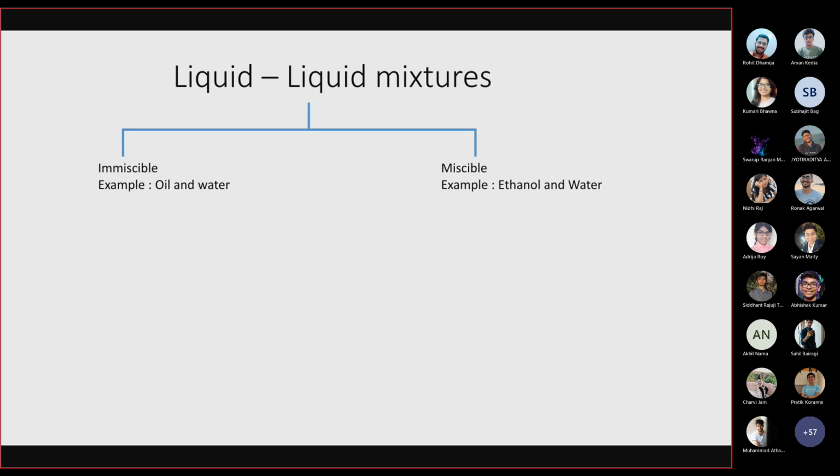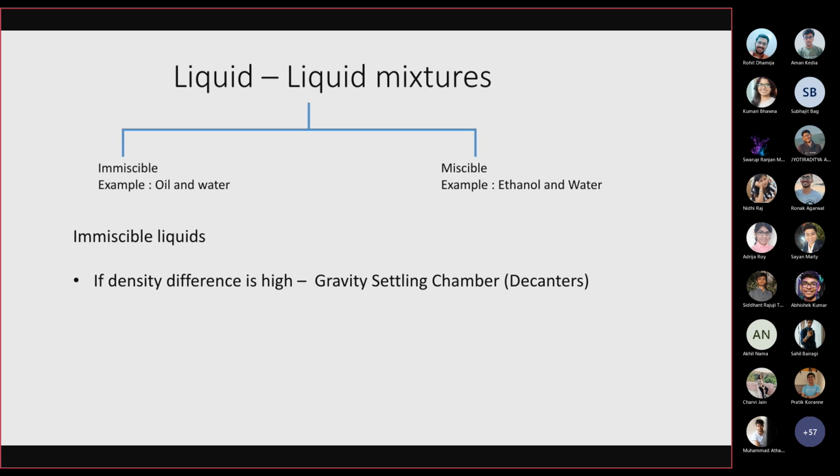In immiscible, we can still distinguish two phases separately. We will have an oil phase and a water phase. In case of miscible, we cannot separate them into two individual phases. We will have a complete single phase. Example, ethanol and water. Once you mix ethanol and water, visibly we cannot distinguish them, and it is completely mixed and converts into a single phase liquid. So we have seen immiscible liquids. If two liquids are immiscible and the density difference is very high,